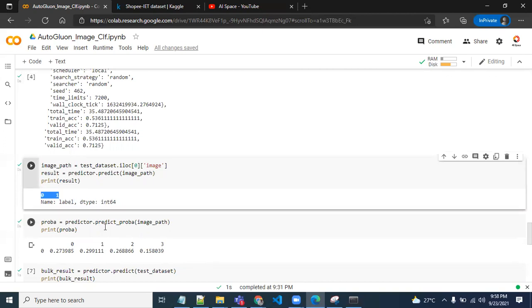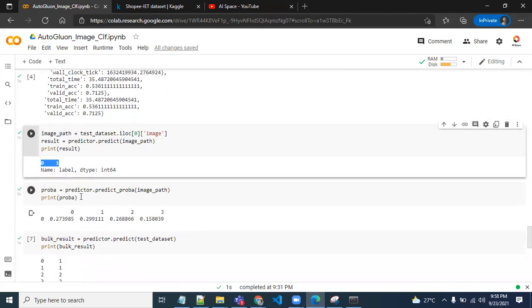So it is going to fall under the first category. And if I want to know what is the probability that it is going to fall under the first category, then I have to use the predict probability method on this particular image. So you can see it has a probability of 0.27 of falling into class 0, and a probability of 0.29 for falling into category 1.